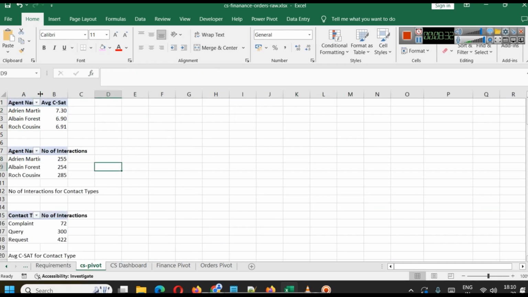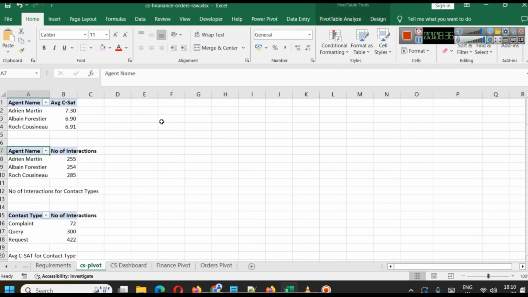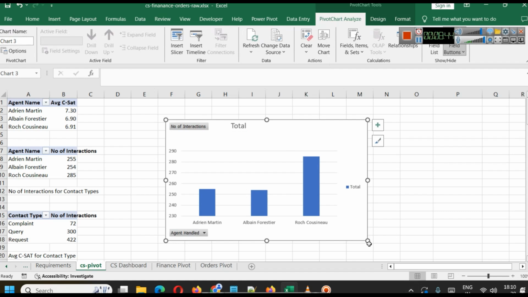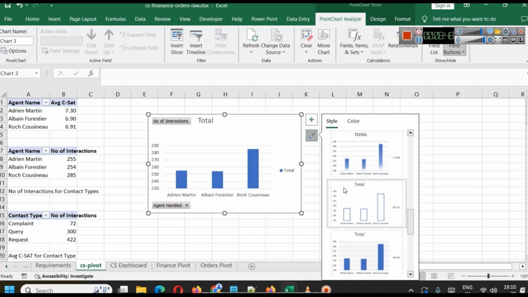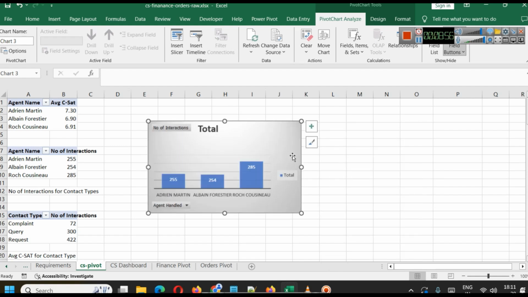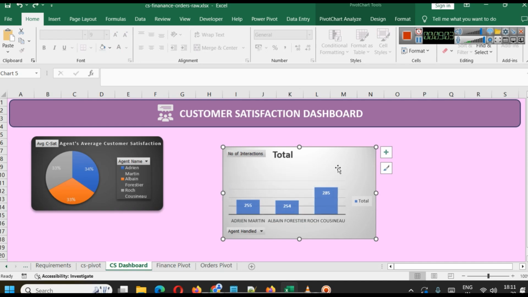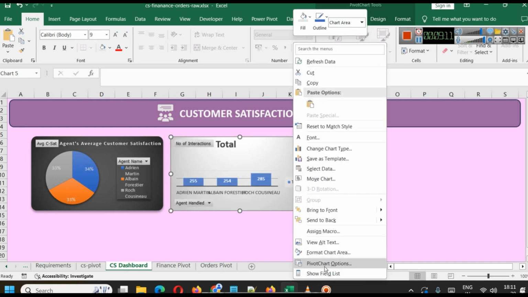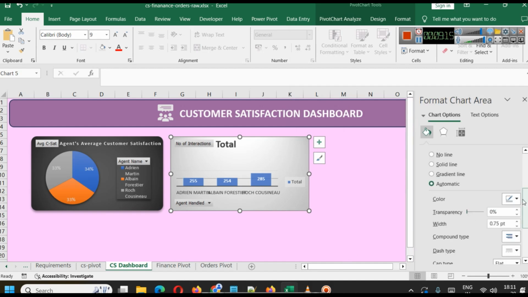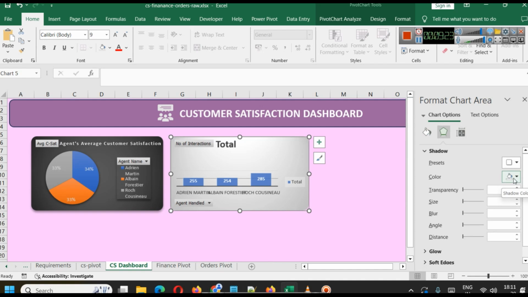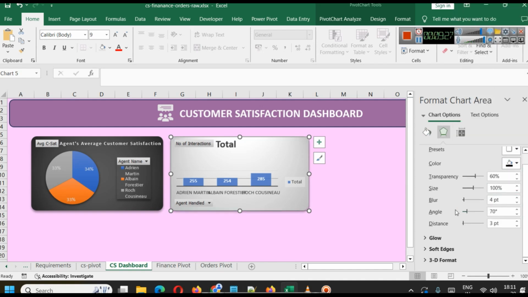Now for this also we can create a similar kind of graph. So here I will click and insert, and for this I will use a simple bar chart, and here we will show number of interactions, and I will select a dark color, whatever you prefer. Okay, here I will simply click on this in a CS dashboard. I will go and bring this because I can do all the settings here also. I will pivot format. As I said, in border we will always show rounded corners, and I like rounded corners, you might not, so you can ignore that. A simple shadow, and